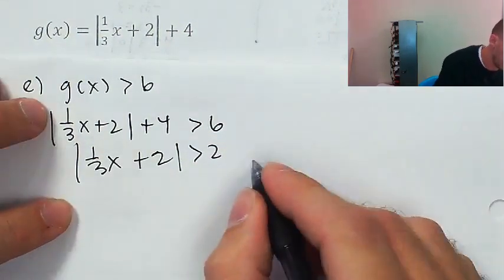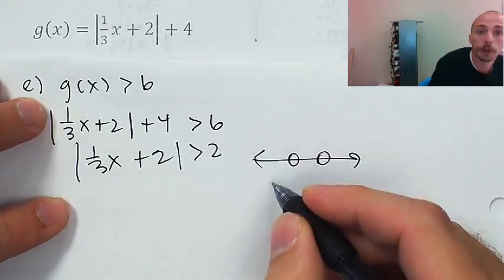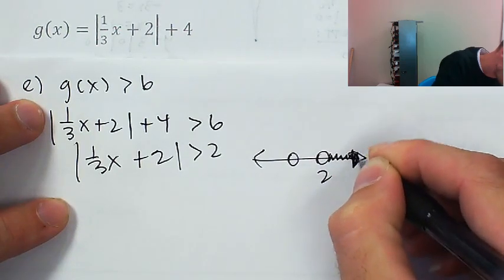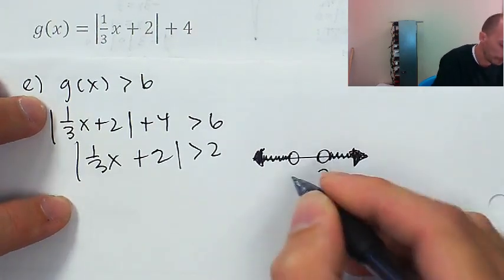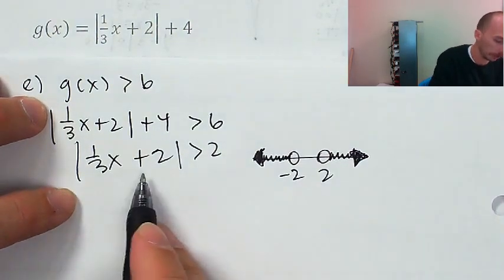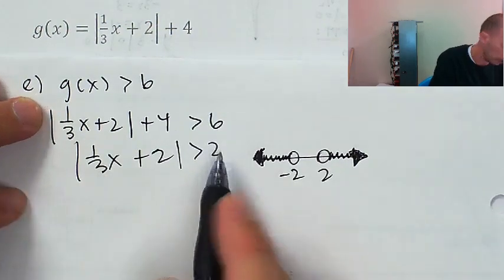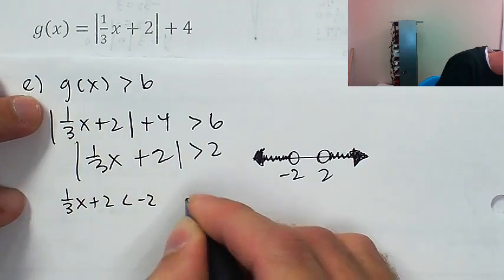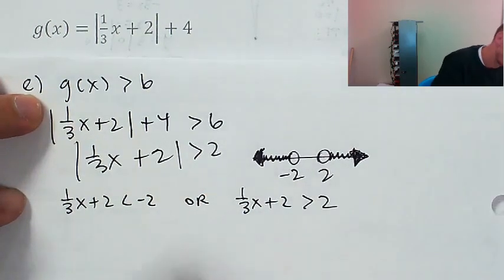Then if the absolute value of a number is bigger than 2, then either the number is greater than positive 2 or it's more negative than negative 2. So over here, this thing on the inside is either less than negative 2